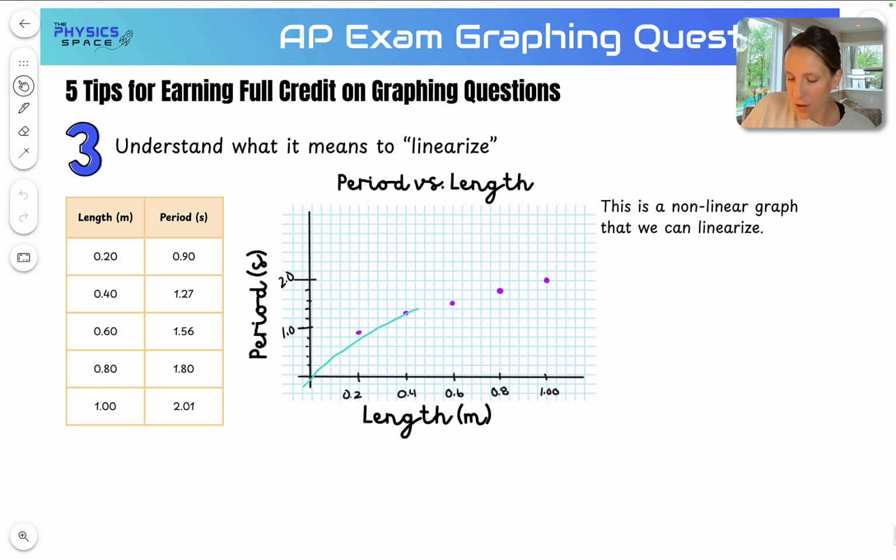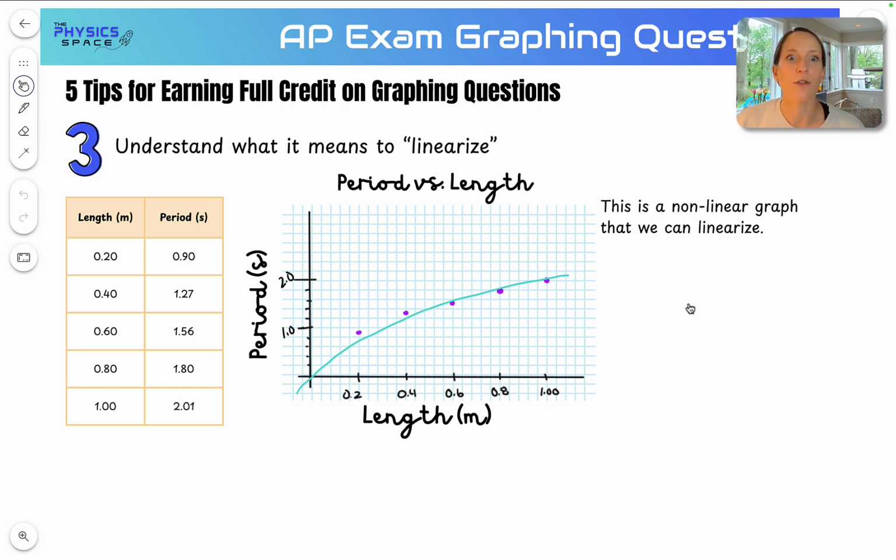But notice it actually does have a little bit of a curve to it. So I would look at this graph and say, actually, that has a little bit of a curve. I'm not going to call this a linear graph. We are going to, though, linearize this graph. Okay, so we're going to change it around. We're not going to plot period versus length, but we might do something like, and we'll get into what exactly this is,